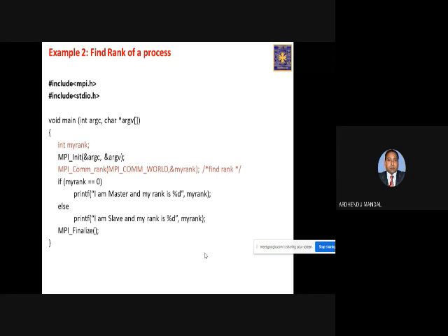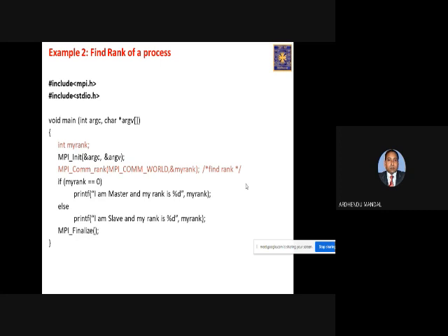So just to show how, within the same program, two persons can do two different things. It's nothing but that within the communicator, each processor will get a unique identifier that you have to identify yourself by using these kinds of functions. Then based on that, if my rank, meaning my ID, is equal to 0, then I'll do some job. Like here, it's printing that I am master and my rank is this or that. Or others will do the other jobs.